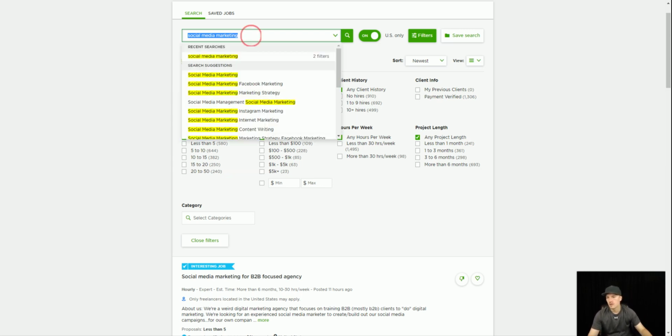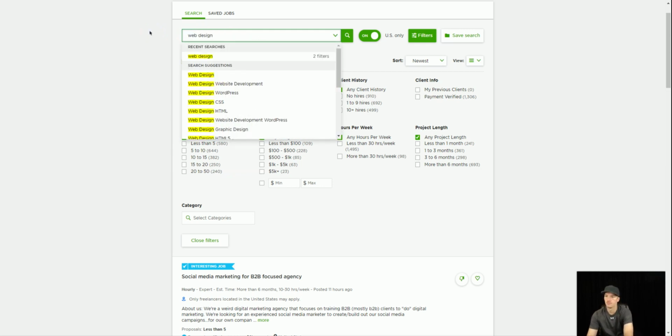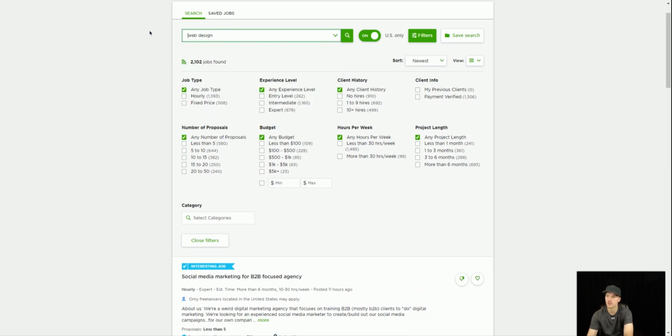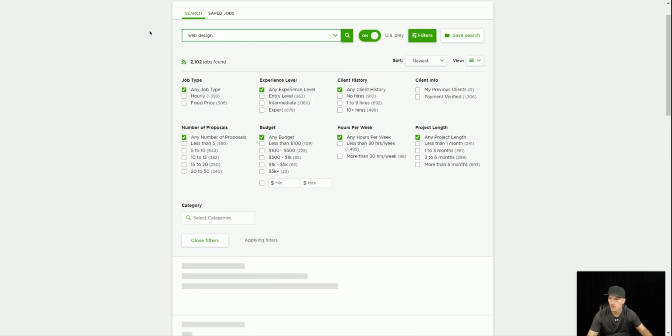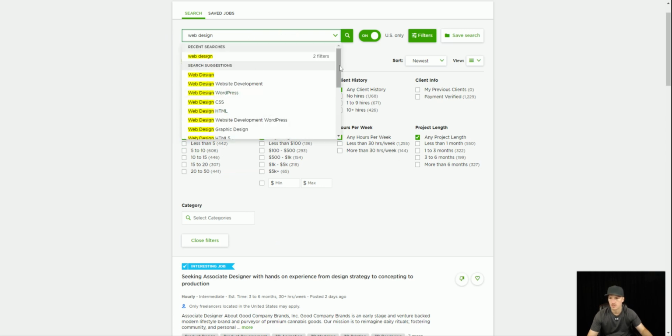And when you're looking at something like web design, for example, let's say let's not do WordPress. Let's just say web design. Obviously, you can click here and you can look at some suggestions, get some ideas. You could specialize in CSS or in HTML.